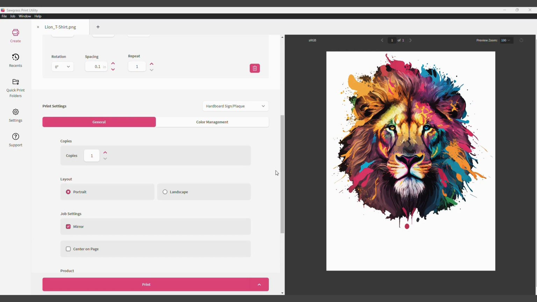Welcome back everyone. In today's quick tips video we will discuss how to use the presets setting of Sawgrass Print